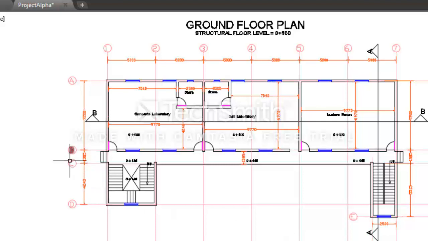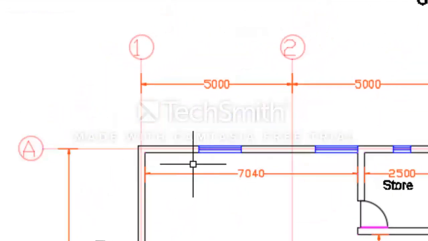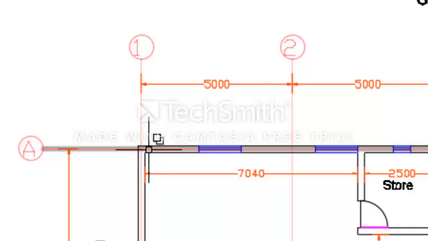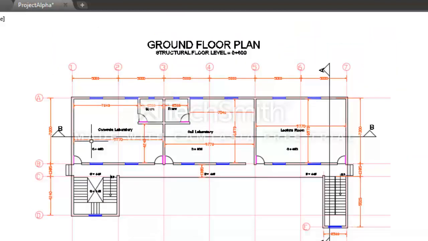And each of these grids are located at the center of each wall element. As you can see, grid A is located at the center of the wall element. Grid B is also located at the center of the wall elements. I will also use the measure command now to illustrate that all the grids are located at the center of